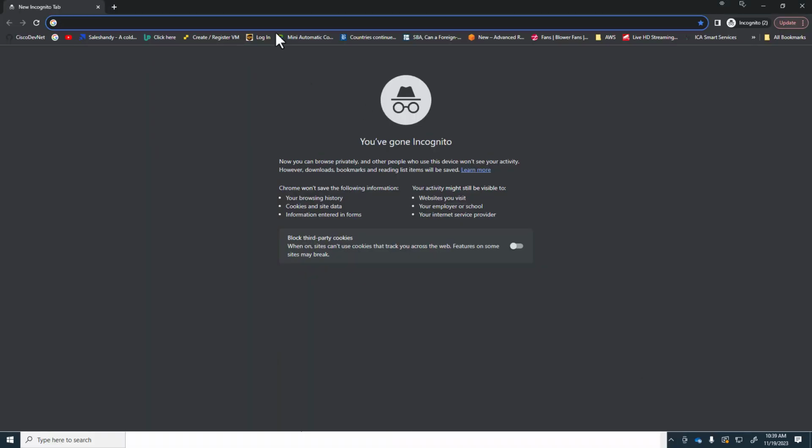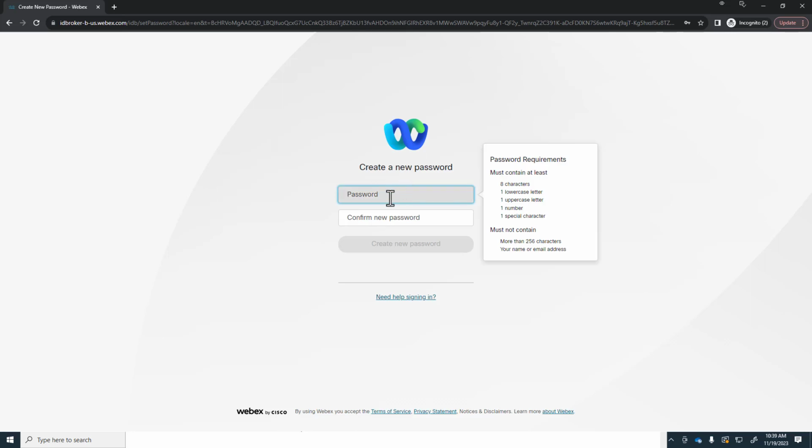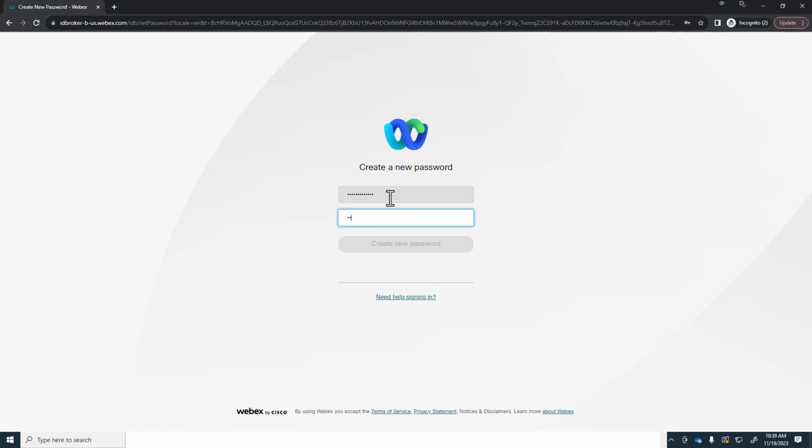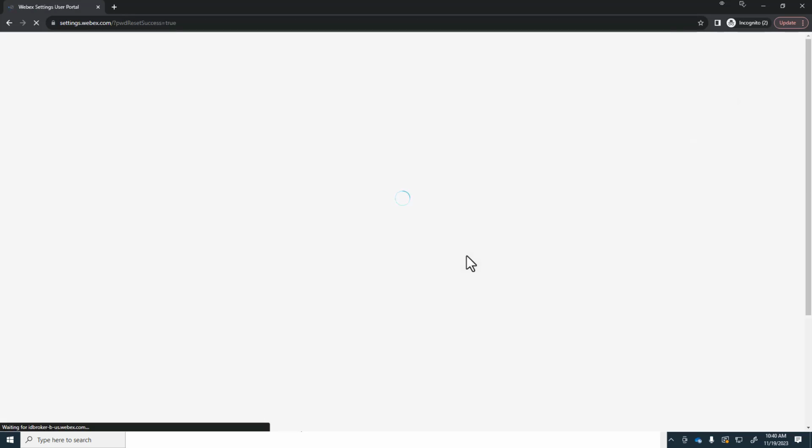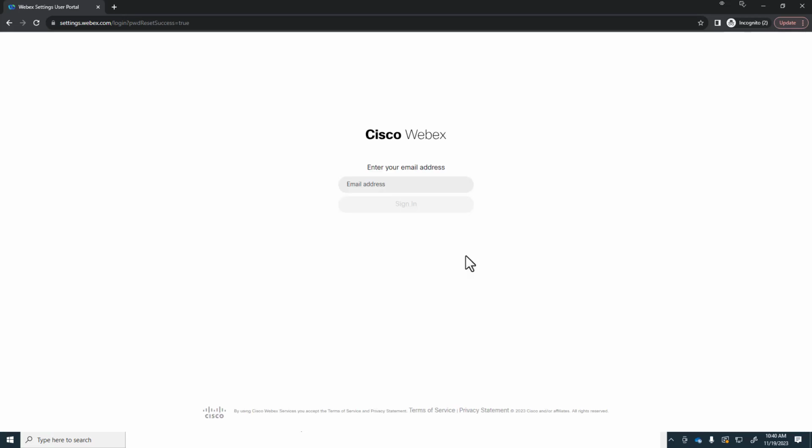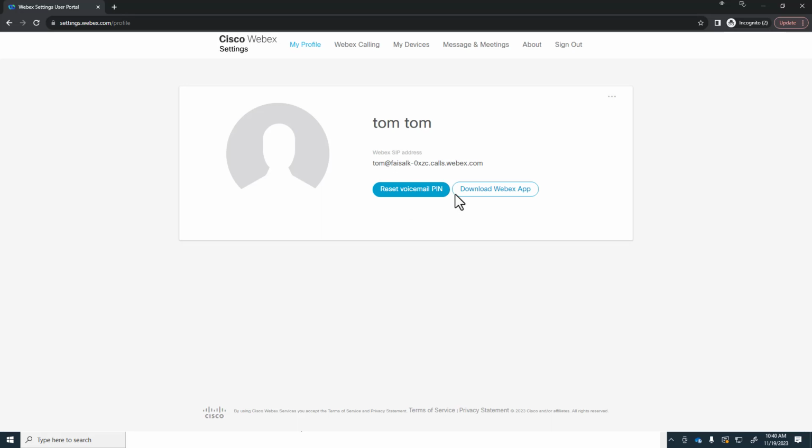It's going to ask me to change the password. So I'm going to assign the same password for all. So you want to double check by logging in. So you can say Tom at vbcpod1.com. You sign in and make sure that you have the appropriate license. So here it says reset your voicemail PIN. I'm going to reset